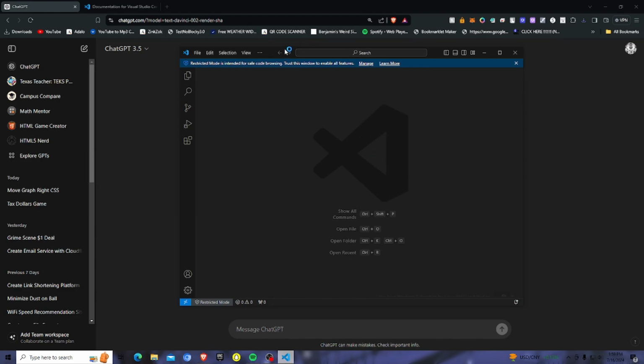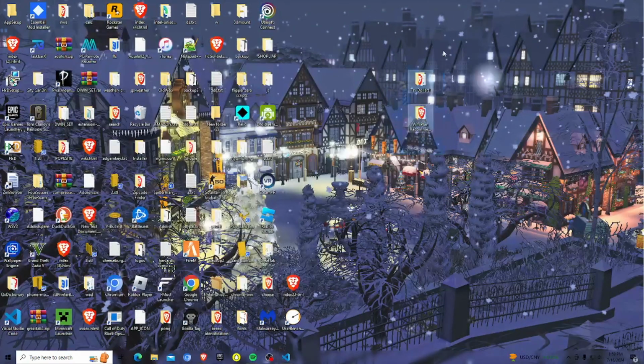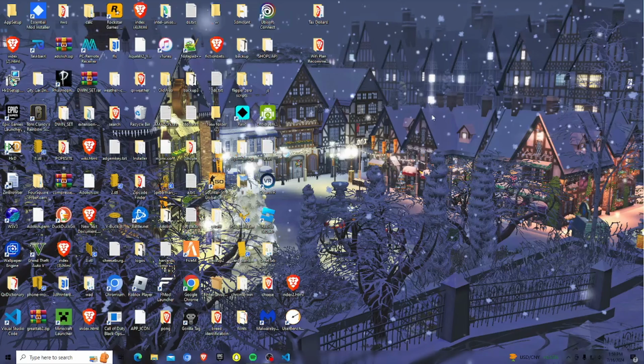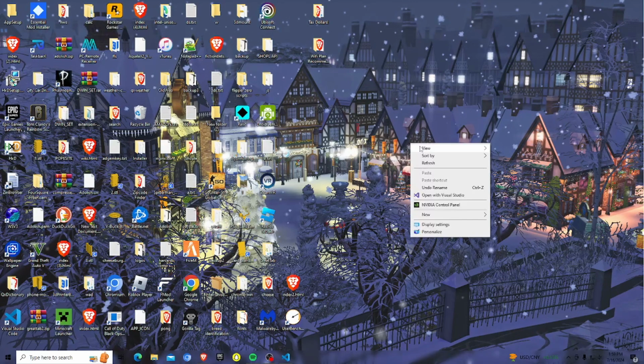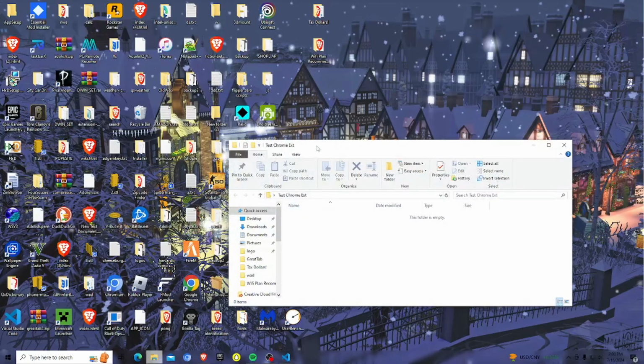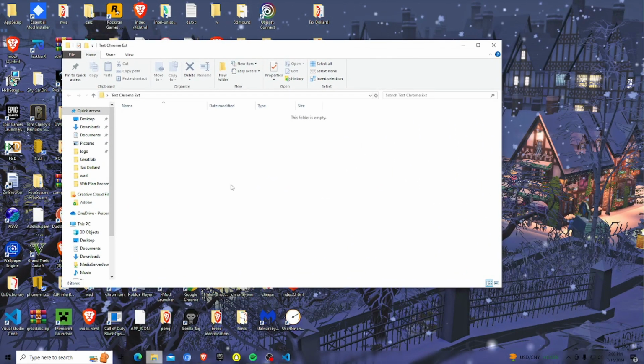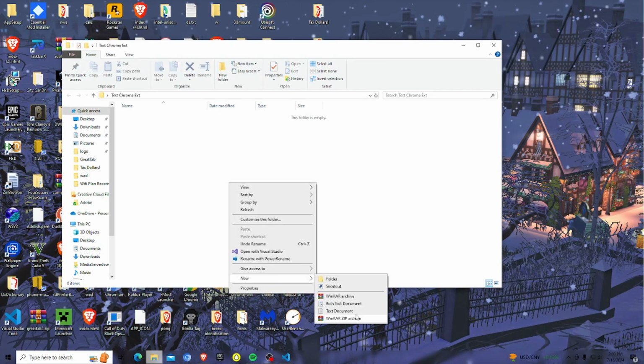Now that we have it, we can exit that out for now. And right now, I will show you how to create the actual Chrome extension. I would recommend creating a folder of your Chrome extension. So I'll do it test Chrome extension. We're going to open up this folder, and we are going to first create our